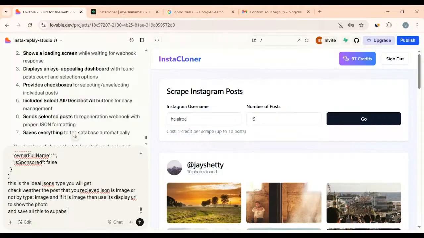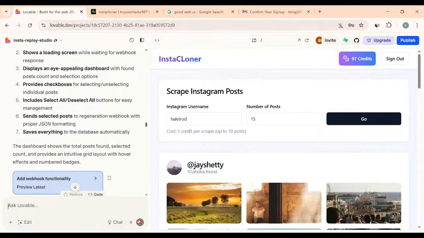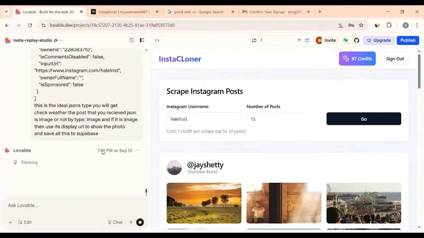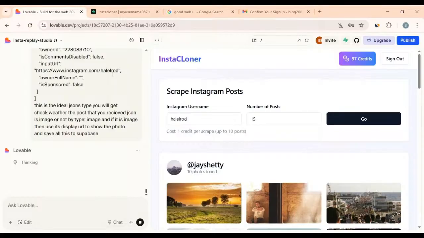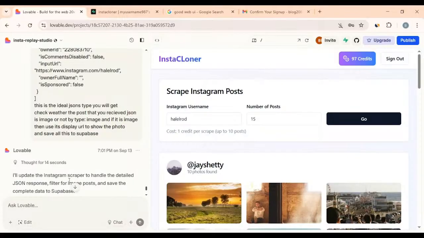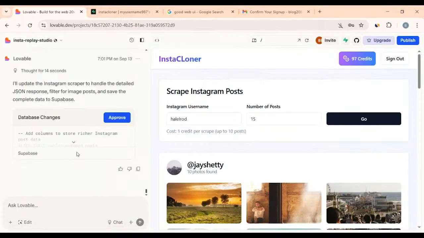So we are laying our foundation for Supabase too. So now let's hit create and let's see what will happen. Meanwhile, let's check how much. Okay. So we have very few credits left, but we will complete it. We will complete this portion at least today. However, it will happen. Just approve it,